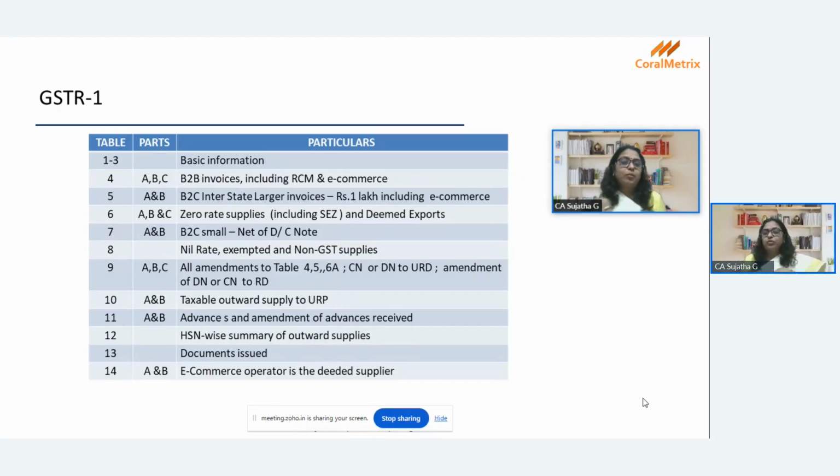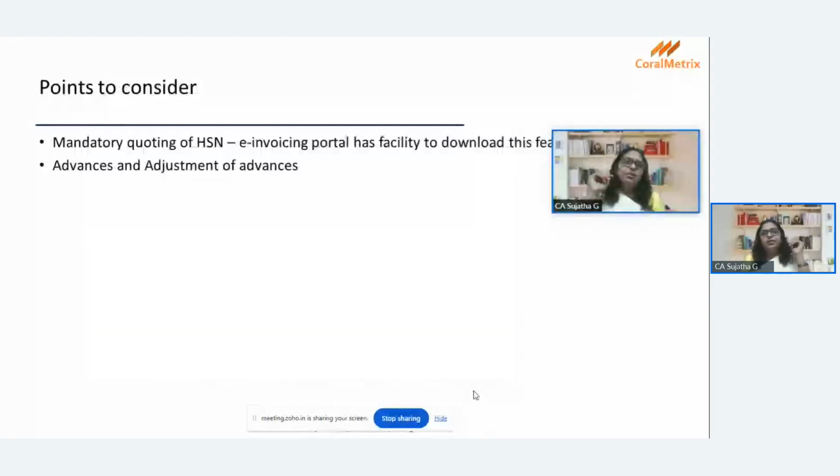They are liable for payment of taxes. That is what is required to be reported in table 14. So anybody else who's supplying through an e-commerce operator will punch the details in table 4. So this is very basic. And now, when it comes to